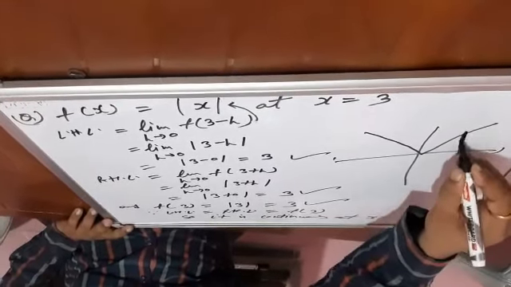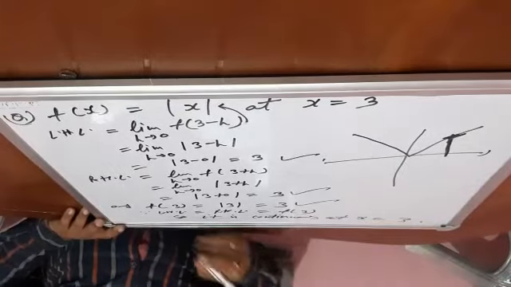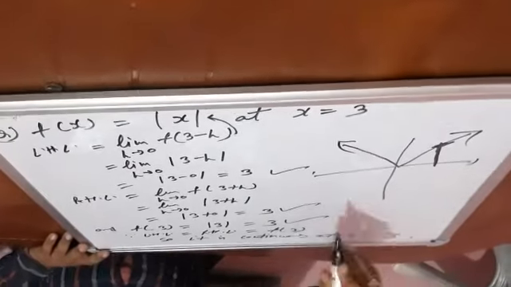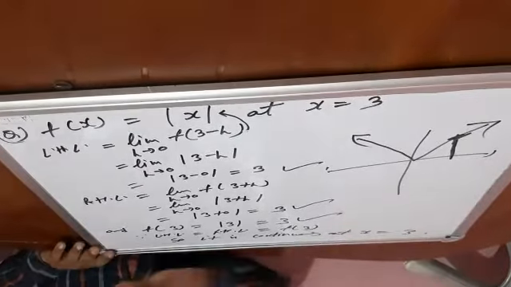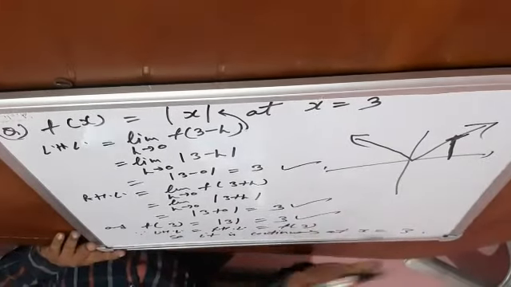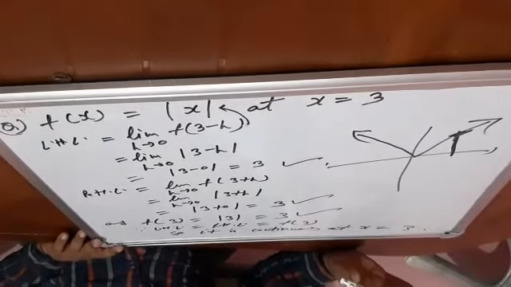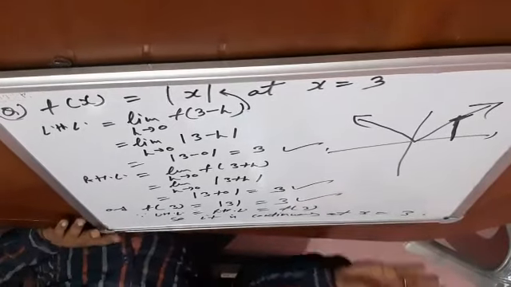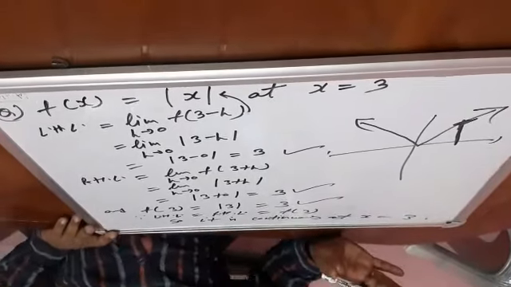You have seen the modulus function is continuous at x equal to 3. At 3 this function is continuous, there is no breakage anywhere by using the graph. But from here onwards you are not going to use the graph. You are going to use the algebraic method in this way. Understood the concept? One more problem I am just going to show you.